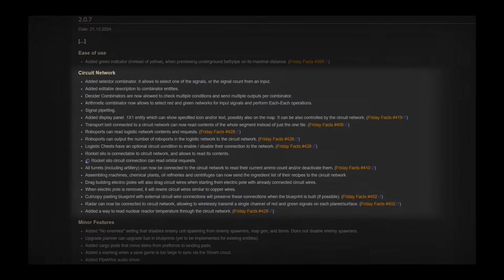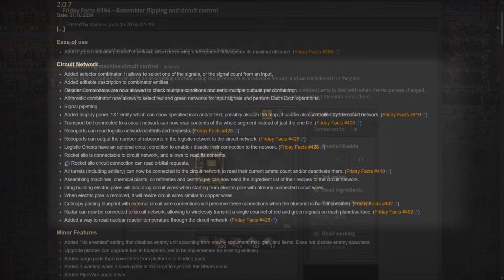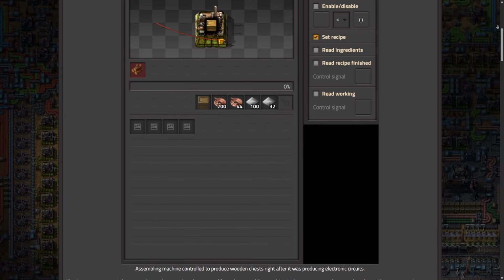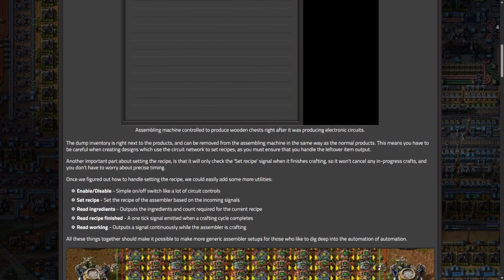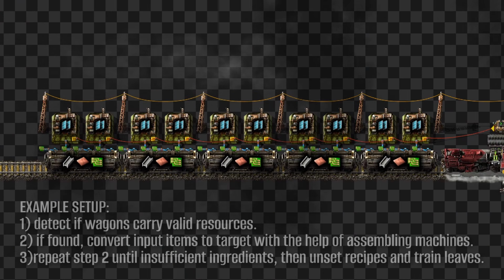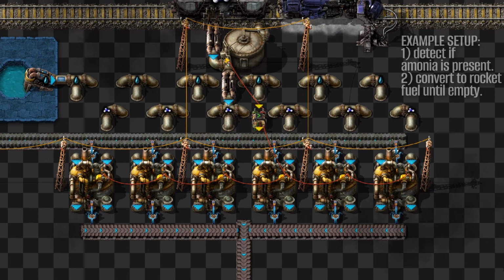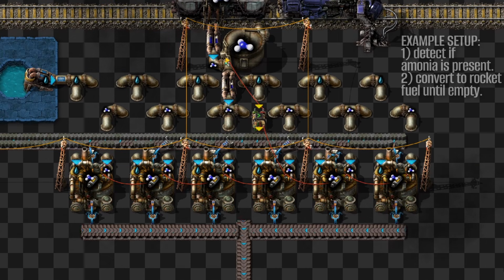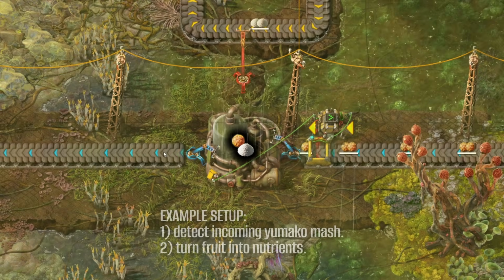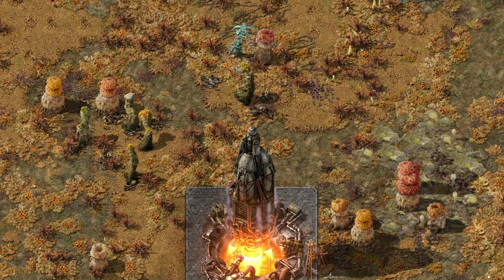What I was going to explain is that update 2.0 brought in the ability to set recipes of every crafting entity through a connected circuit network. Tell an assembler to craft solar panels? No problem. Make a chemical plant produce rocket fuel? Sure, why not? Convince a biochamber to turn your mash into nutrients, then realize that your quick trip back to Nauvis made all the fruits go bad,